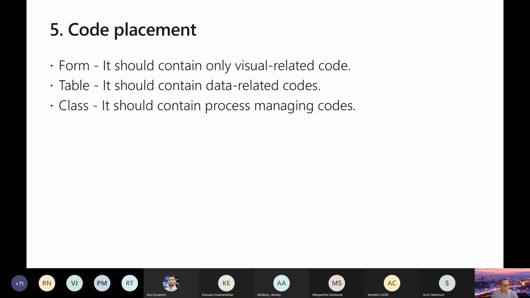Code placements. Okay. Again, when we talk about forms, we talk about this. A form should not contain too much code and should only contain visually related code. A table should contain data-related code, and a class should contain process management code. What I am trying to say with this is, for example, if we will create